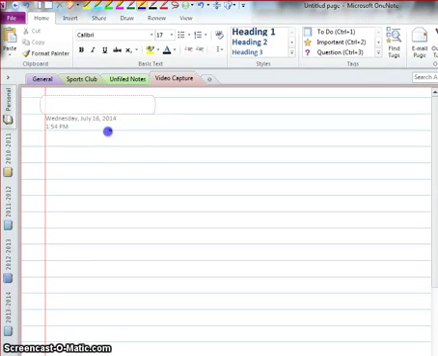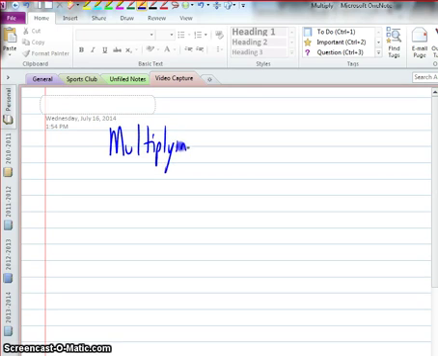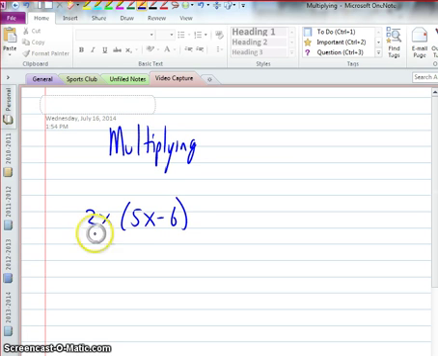Now that we started with polynomials, we are going to look at multiplying them today. I think the only real way to get through this is just to get right after it. I think seeing a lot of examples is helpful, and there's no real verbiage or vocab we need to learn for today. But for example, if we have this monomial times a binomial, well, we're going to have to